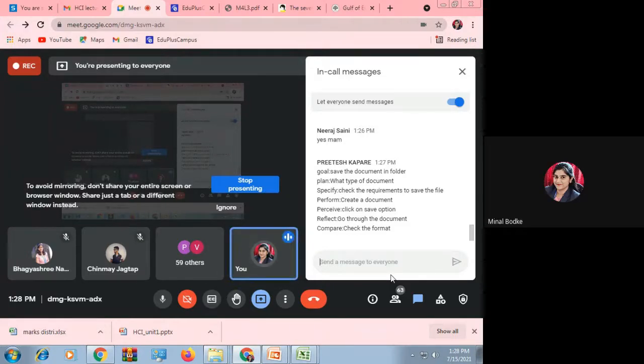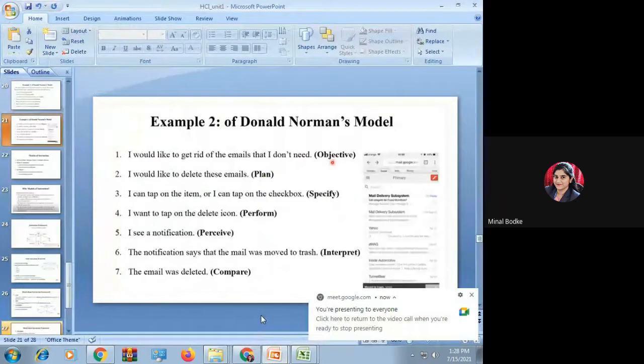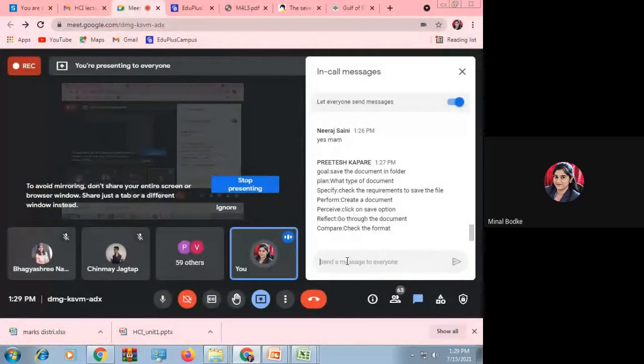Okay, now the next goal is: I would like to get rid of the mails that I don't read, that I don't need. So this is a goal. You want to delete the unwanted mails.